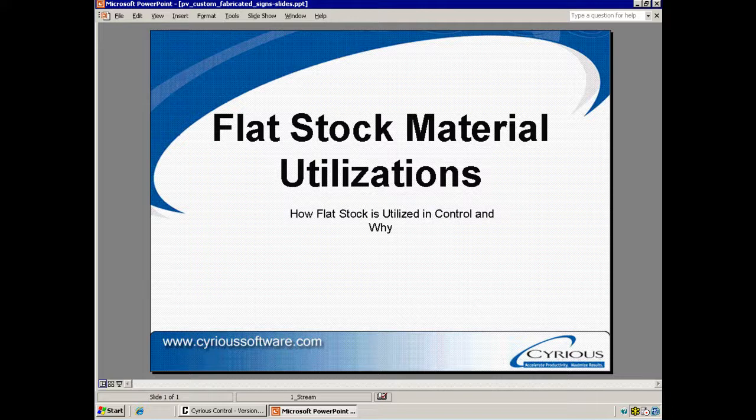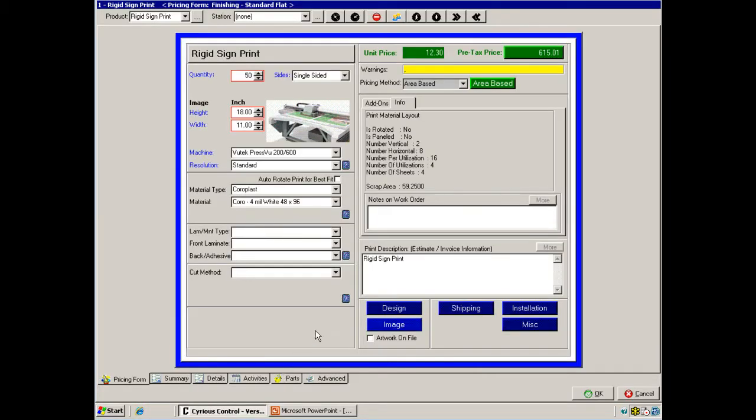In this video, I'd like to discuss flat stock material utilization, and how flat stock or rigid stock is utilized in Control and why it's utilized in that manner. If we're looking at an estimate within Control with a product utilizing flat stock material, such as a rigid sign